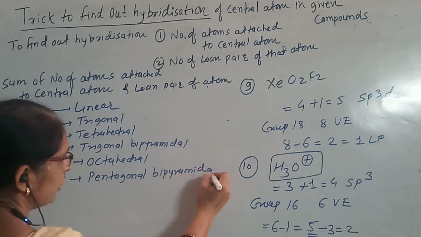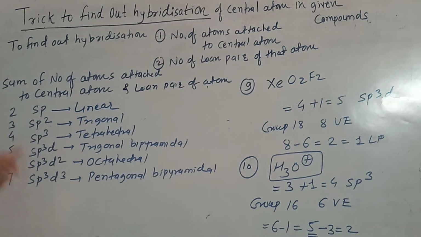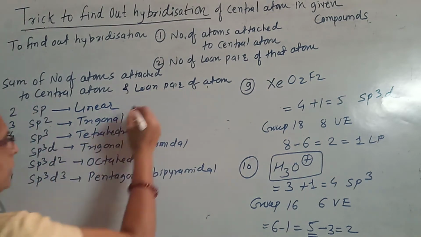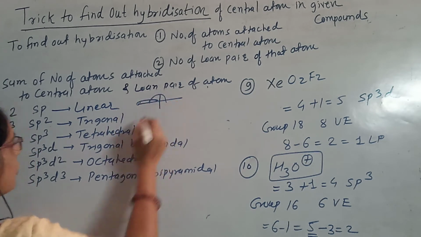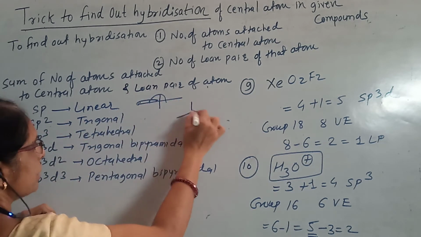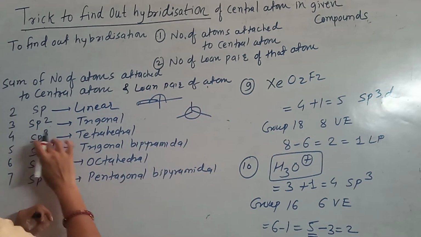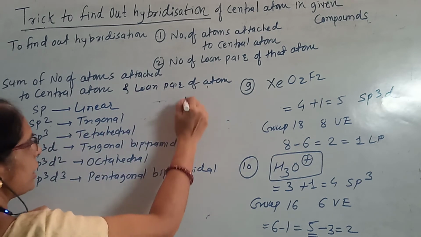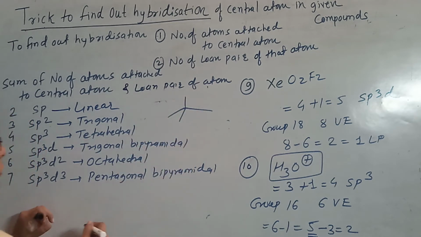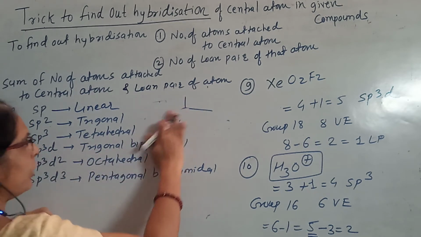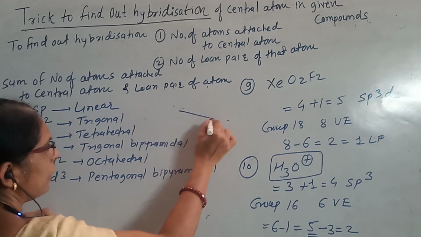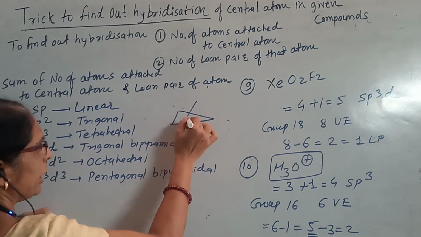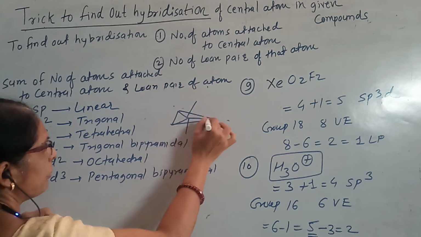So in this way you can consider. Total are 2, so the 2 are arranged in a straight angle like this, therefore it has a linear geometry. The 3 means, in this way, it has a trigonal geometry. The 4 are arranged like this, with a 109 degree angle, so it has a tetrahedral geometry. In trigonal bipyramidal, suppose this is a trigonal plane, then it has a bipyramid like this, so it has a trigonal bipyramidal geometry.